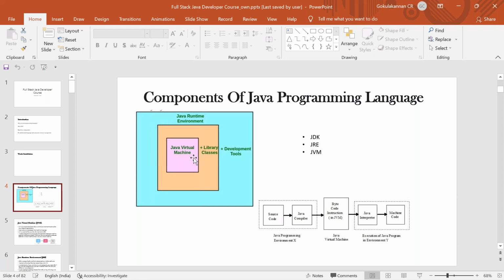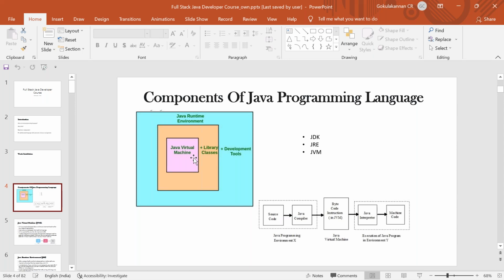So every Java file I'll be converting to a .class file. I'll be explaining that when I do my first Java program. For now, just keep one thing in mind: you have created a Java program and you have handed it over to a Windows machine. How will that Windows machine run it? I should give the instruction in zeros and ones. I cannot give only the programming code, it can't understand that.